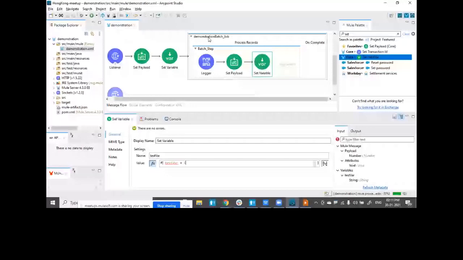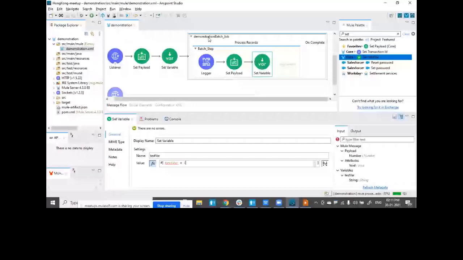Like whatever we have done in parallel for each, making changes to the payload and variable, that's what I am about to do over here. Let me see the impact: before processing, then made change, then after processing the record.